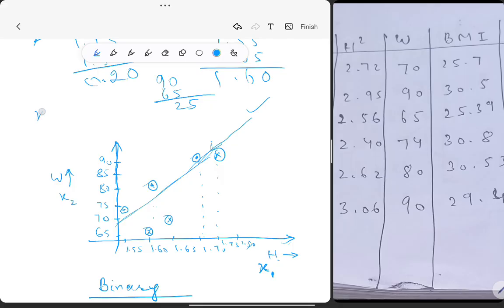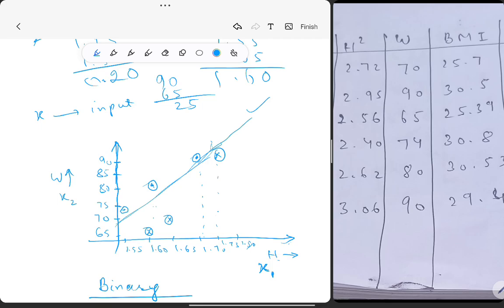Whenever you look at x, it will stand for input. Inputs in machine learning are also called features. They are called features. That is more popular than inputs. But we will continue with inputs till the time you get familiar with this new terminology. So whenever you look at x, it means input. Now we have two types of inputs here, x1 and x2.